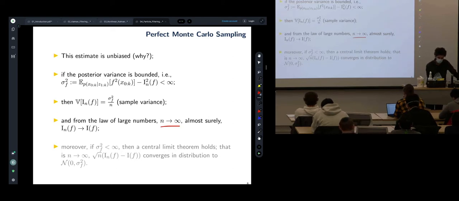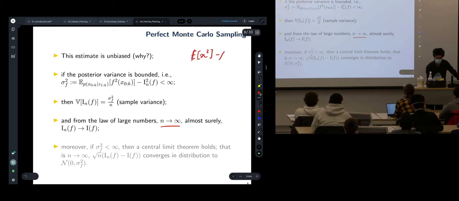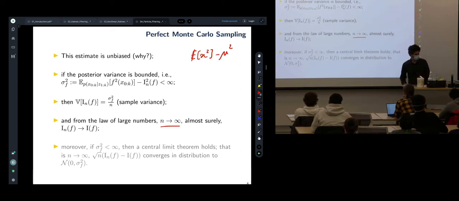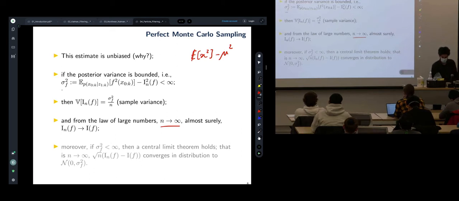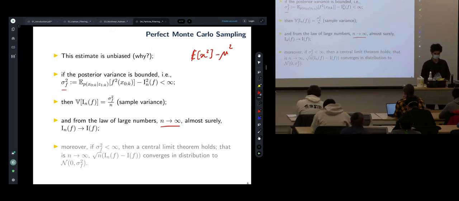Now, why is it unbiased? Because when you write down the definition of the variance, which is the expected value of x squared for a random variable minus mu squared. Remember that? We had this before. So write it down and define it to be this, whatever variance you want to name it. Now, we have to assume this is bounded, because otherwise it breaks down the framework, right? Assuming the posterior variance is bounded,